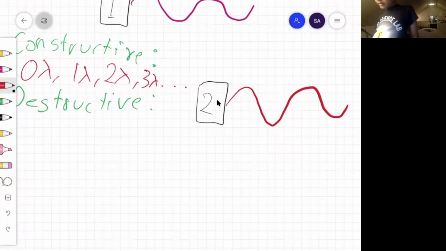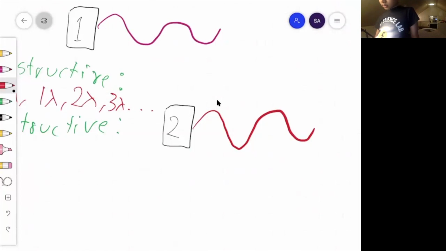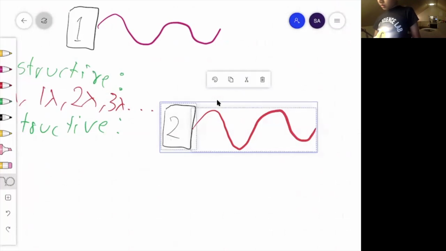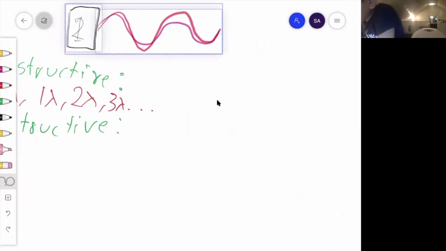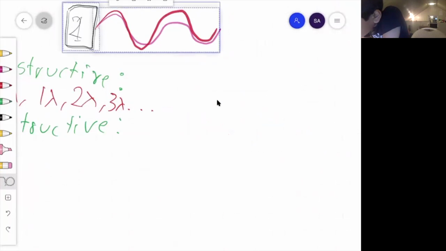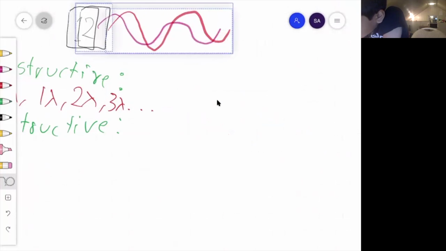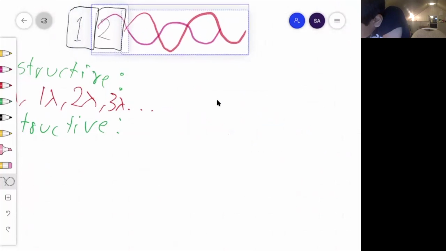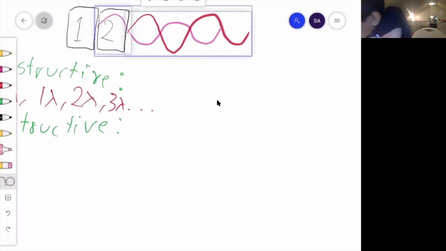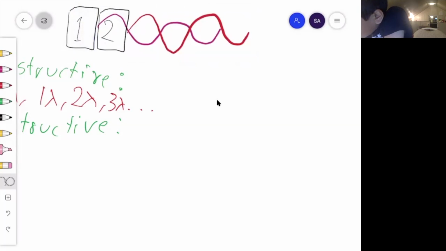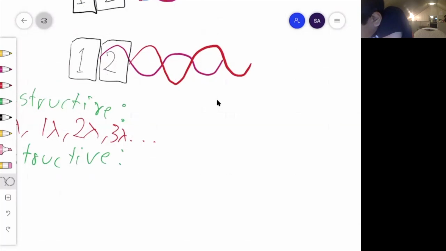Now, let's see what wavelengths destructive interference persists in. Keep in mind, we're assuming that these are the same wavelengths. There are different things that might happen when you have different wavelengths. We'll cover that in another video. That's where we're constructive, and we get destructive over here, and we see that the front has moved from here to here.